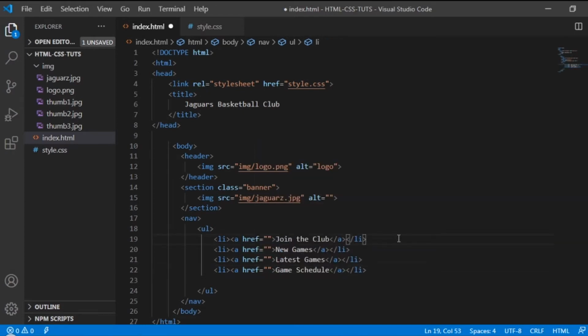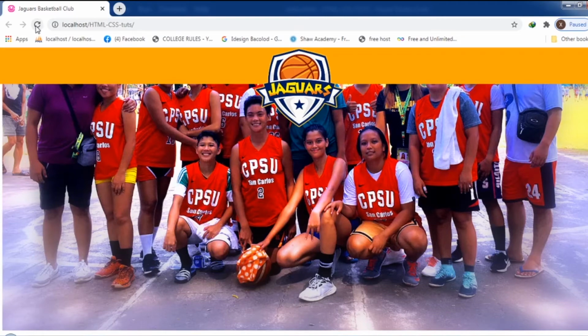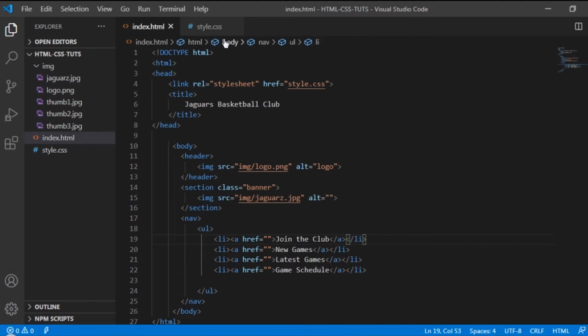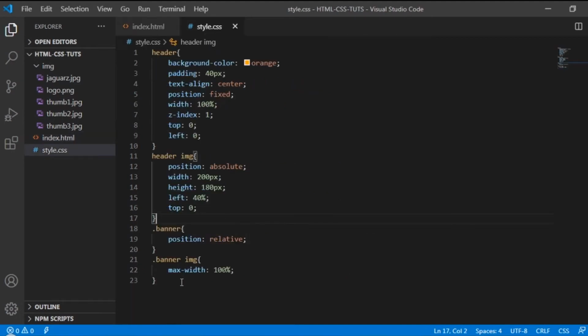Okay, so let's save this one and preview it on the browser, and there you go guys. So it is fully HTML. So let's create a design on the CSS. Okay, so let's go here and create a design.